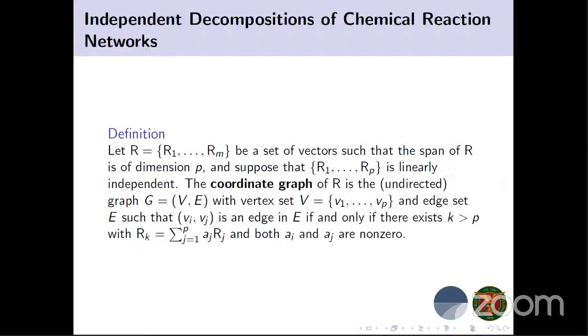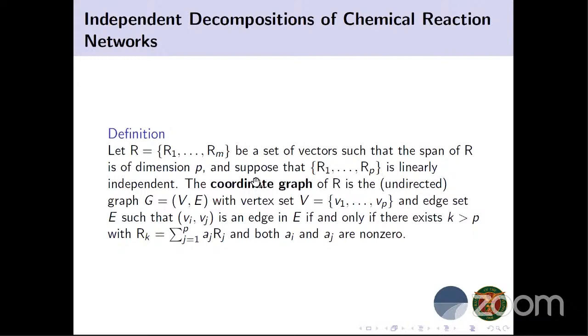We have the following definition. Let R be a set of vectors such that the span of R is of dimension P. And suppose that we have this set is a linearly independent set. As we notice here, you initially have this R containing M vectors, and we just pick P vectors here. So we have P less than or equal to M, where this set is linearly